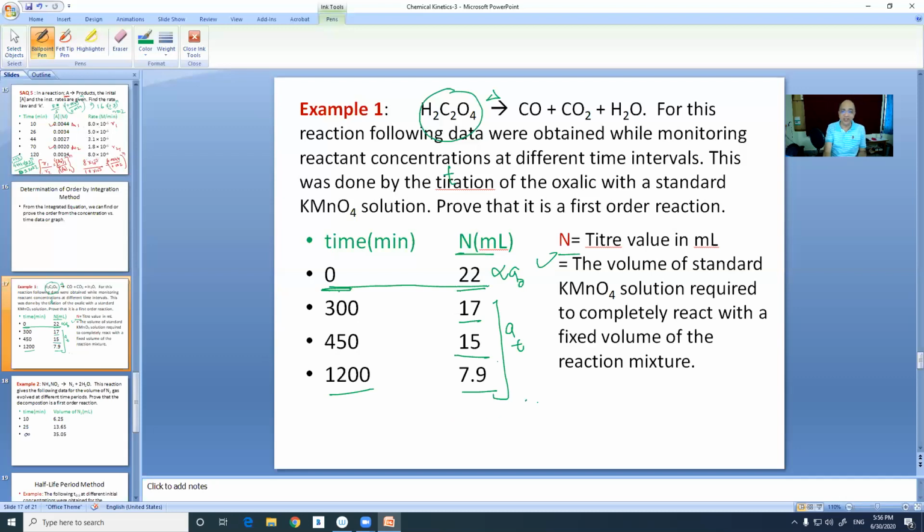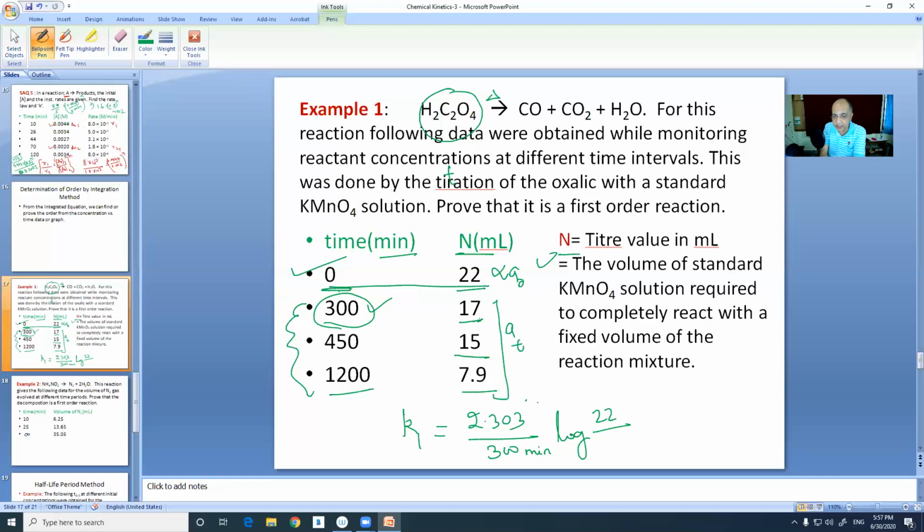So what we do here, we have to find 3 K values. That A0 value will be used for all the three. So let us first use this time. Let's write K1. See whether the K values are coming close. Let us use first order kinetics: 2.303 by t. What is t? Let us take the first t, that is 300 minutes. Log of A0 by A_t. A0 is always fixed for all.